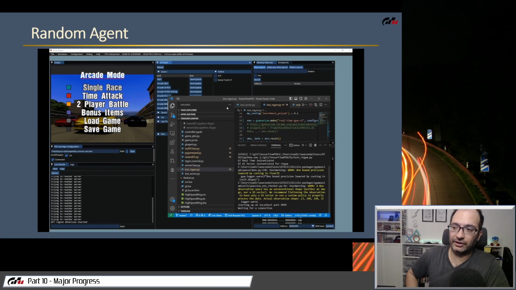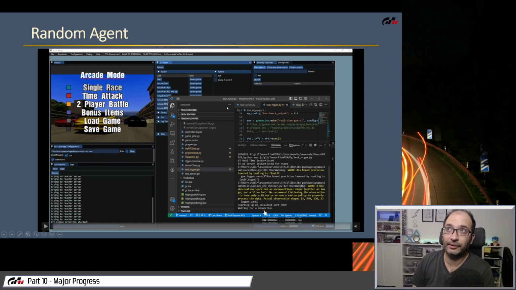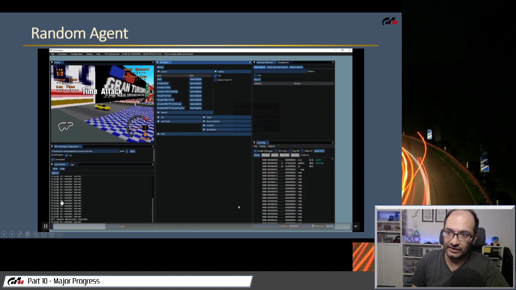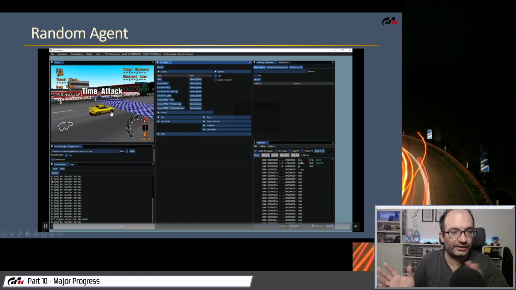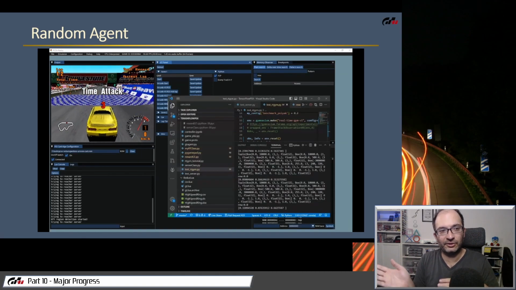Random agent. So here is the collation of everything up to here in this video. The real-time gym environment is implemented, and I'm just grabbing a random action from the action space, so random sample, and executing it and observing the car in the emulator do these random actions. I don't know if you can see that well. The steering wheels are going crazy left to right,